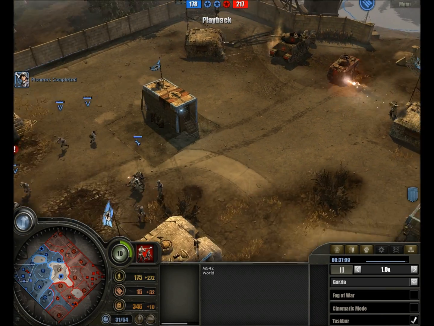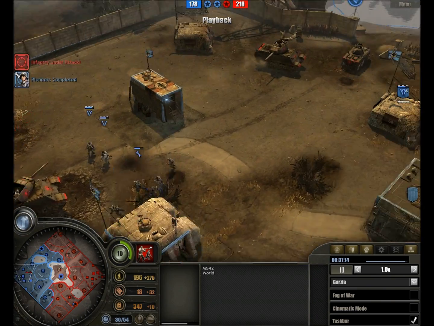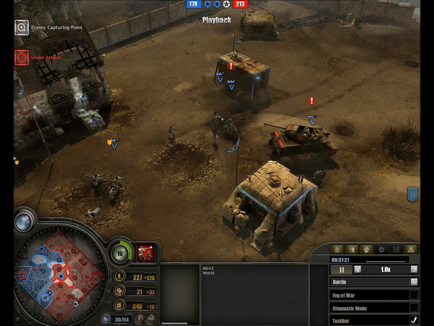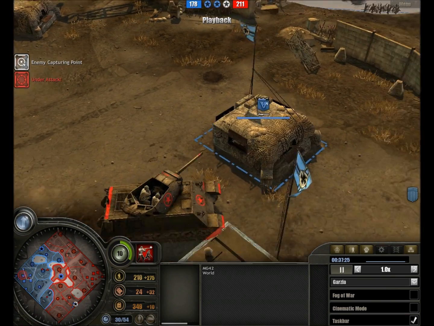And we see some of the American armor charging in. M10 taking a few Panzerschreck losses. One charging right into the throng of German infantry as well, also taking a bit of fire as well. Stormtroopers hiding in the